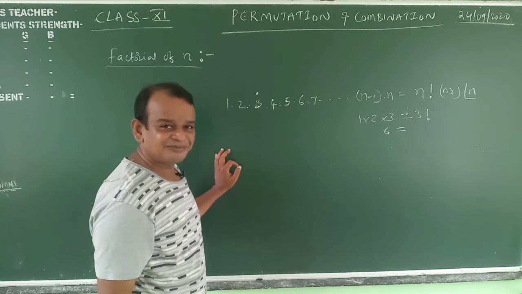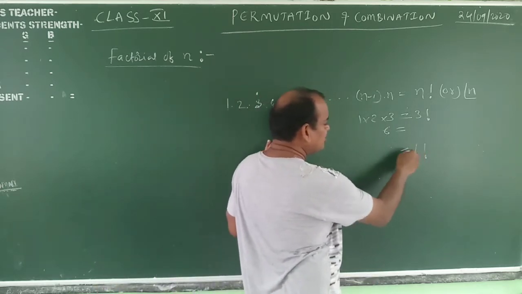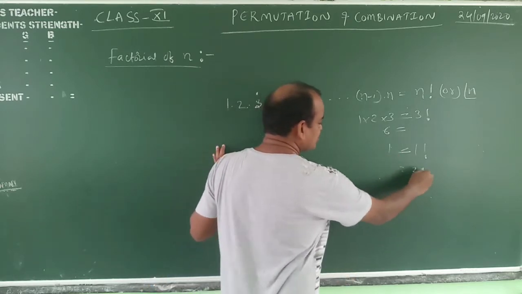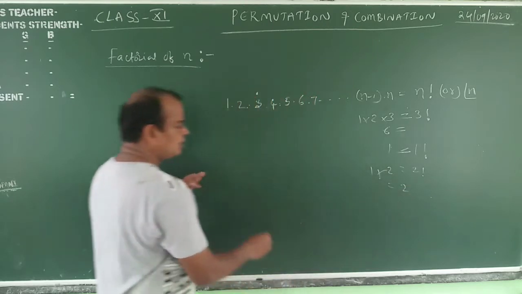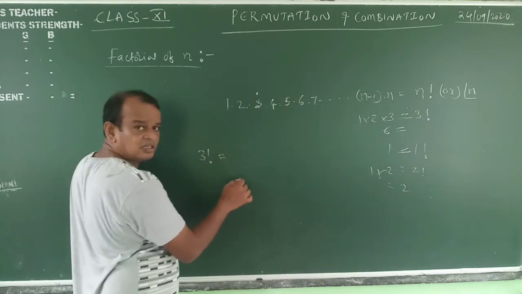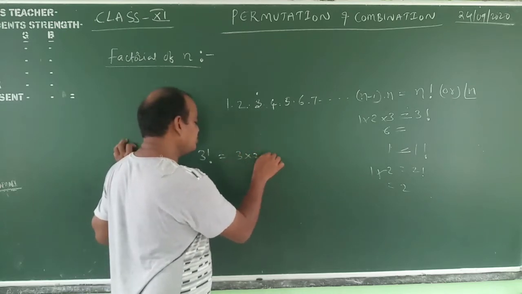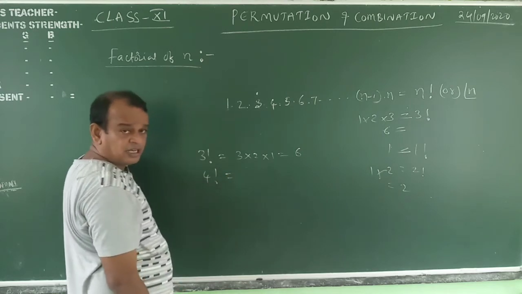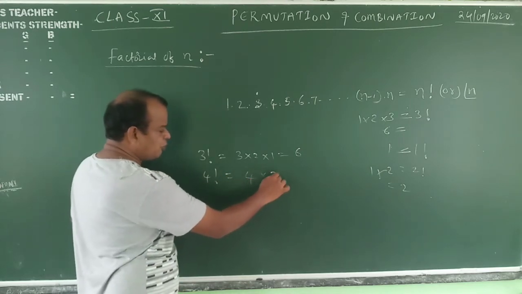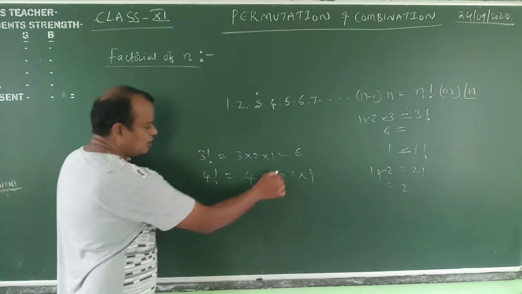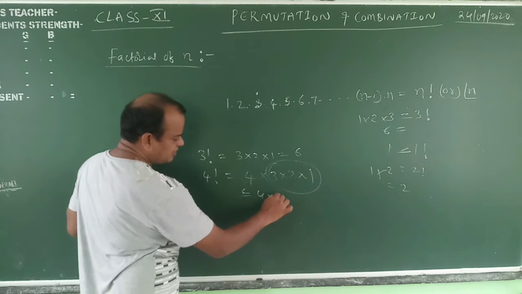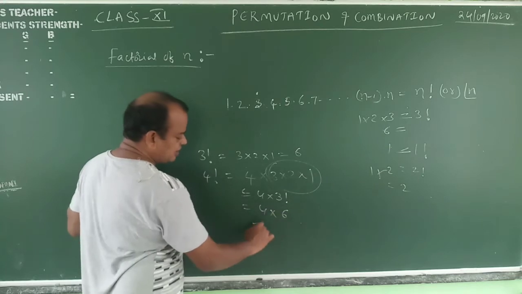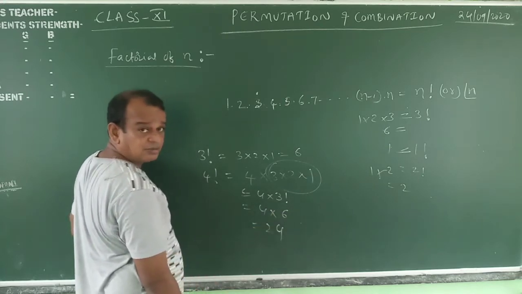6. I hope you understood. What is the meaning of 1 factorial? The continued product of natural numbers starting with 1. 1 to 1 means 1. 2 factorial means 2 into 1. What is the value of 3 factorial? 3 factorial means 3 into 2 into 1, which equals 6. 4 factorial is 4 into 3 into 2 into 1, from 4 to 1. In this way you can write 4 into 3 factorial, no problem at all. That equals 4 into 6, which is 24. I hope you understood.